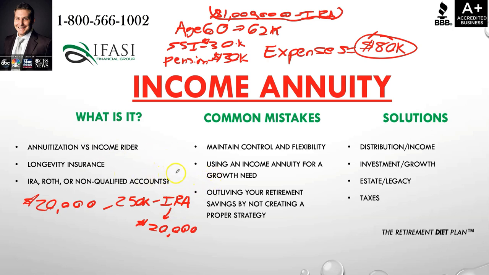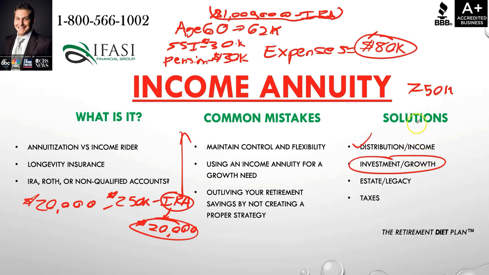What they did is they basically crawled before they walked, walked before they ran. They made sure that the precise dollar amount, not a dollar less, not a dollar more, was placed with this IRA annuity that will suffice this $20,000 need. So that has now sufficed their distribution income related need. And now they have $750,000 of excess monies that they could leverage towards an inflationary growth related need, an investment growth related need, whatever that case is.